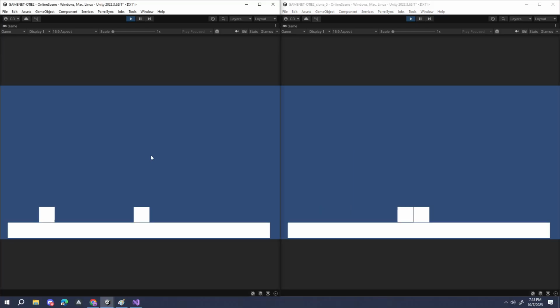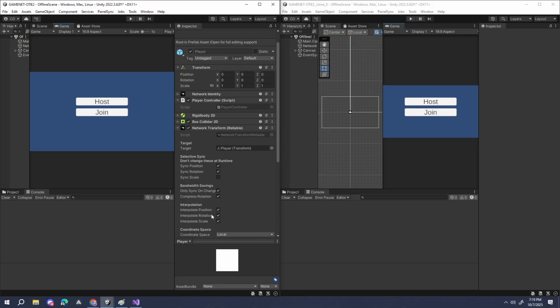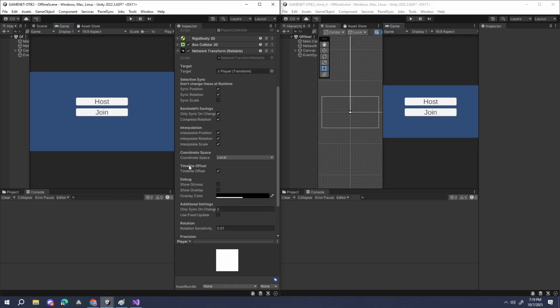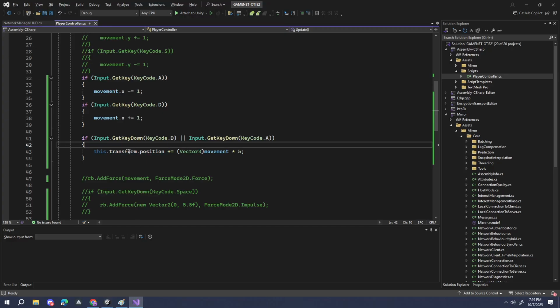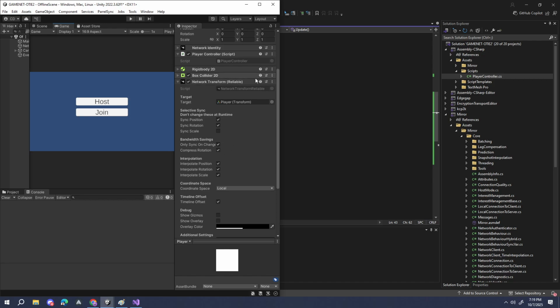However, on our client, or whoever is the one I'm not controlling, it is a bit smooth, no? Parang may lerp siya na ewan, because we are just working with the network transform. We are just working with Mirror. Ayun, itong interpolate, no? If you want to follow this without having to use the network transform,